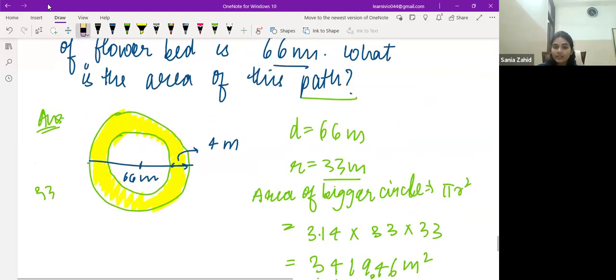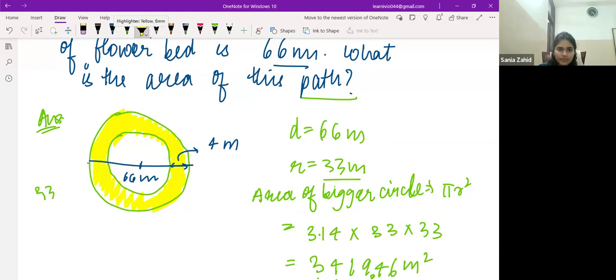I have to find the area of this yellow portion. To find it, you need to subtract the smaller circle from the bigger circle. You have a bigger circle and a smaller circle in between, and then you have the yellow portion. So if I subtract this blue portion,